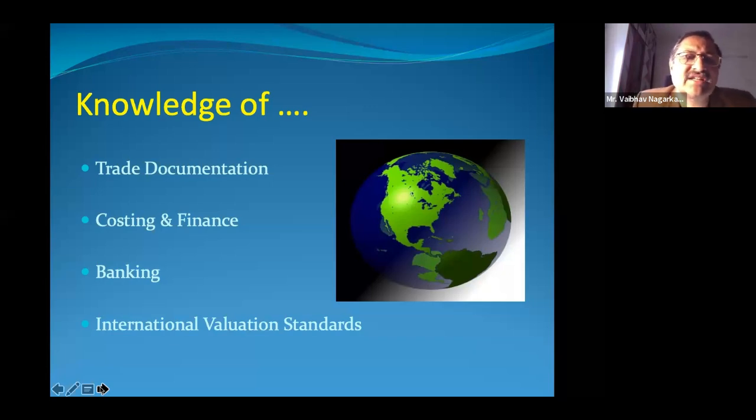DGFT is connected with the law called the Foreign Trade Development and Regulation Act 1992. Customs is connected with the Customs Act. GST is connected with the GST Act. Reserve Bank of India is connected with FEMA, the Foreign Exchange Management Act. All these acts we are going to teach you. Now you'll say, are we going to have a legal course? The answer is no. The glimpse of this law, which is necessary for doing valuation, that we are going to share